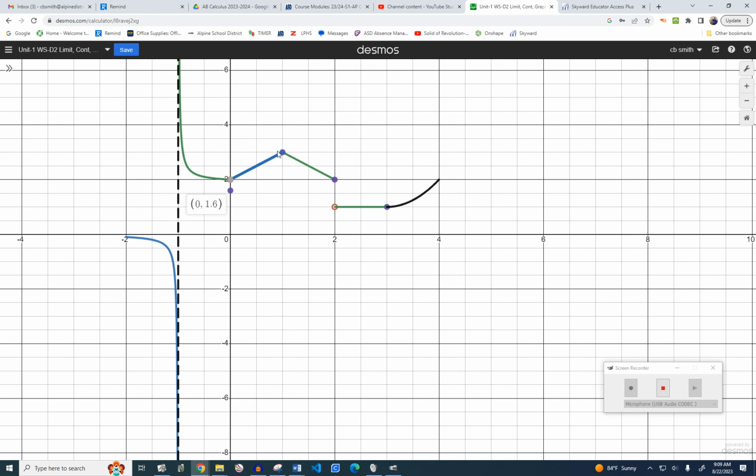But you're right, infinity just grows forever. So we kind of think of it as unlimited. Hence, they sometimes will say non-existent. Okay. Does that